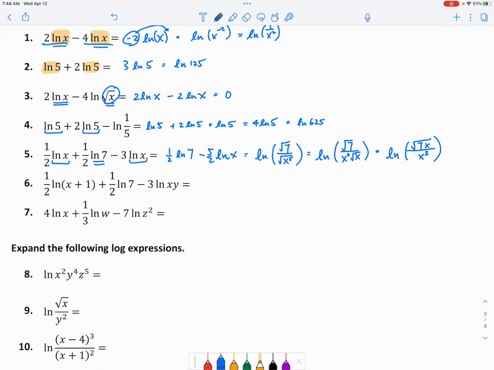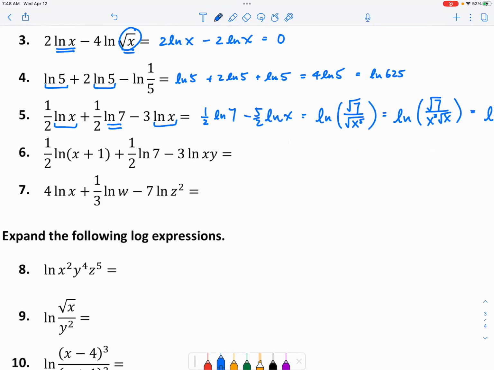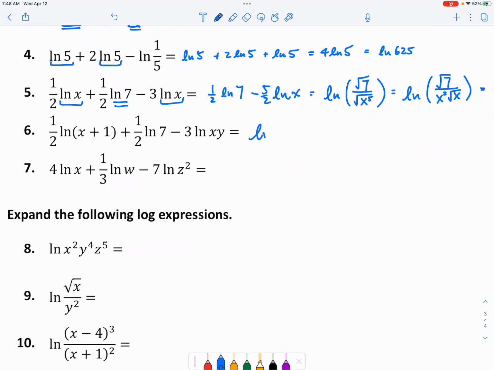And for number 6, there's nothing you can combine together. They're all different. So all you will do is put them into a single fraction, because in this case that's a subtraction. So we have a fraction right here. Can you put them into a fraction? Okay, so in the numerator,